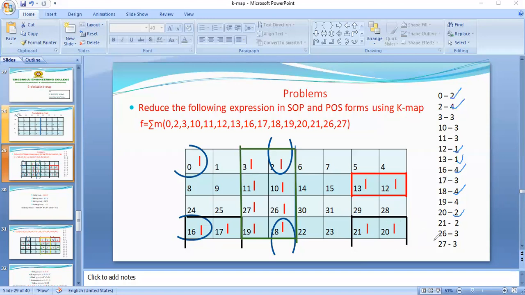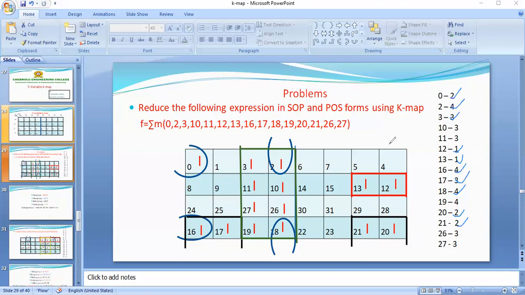With 20, what are the minterms involved in this group? 20, 21 and 16, 16 also covered, and 17. So these are the minterms covered. And what is the next minterm we have to choose? The number of adjacencies is 2. Are there any with 2? No. So we have to consider the minterm 3 because it has 3 adjacent terms.